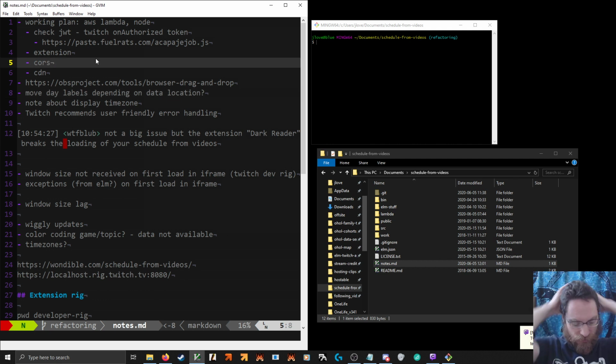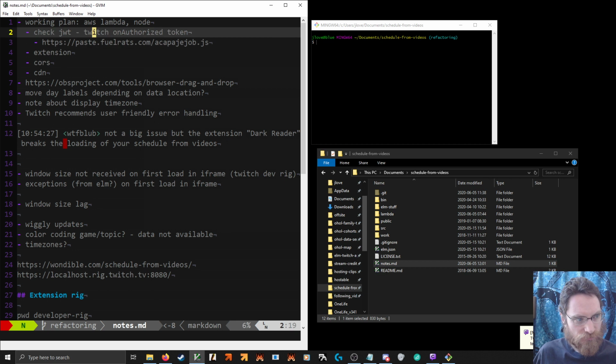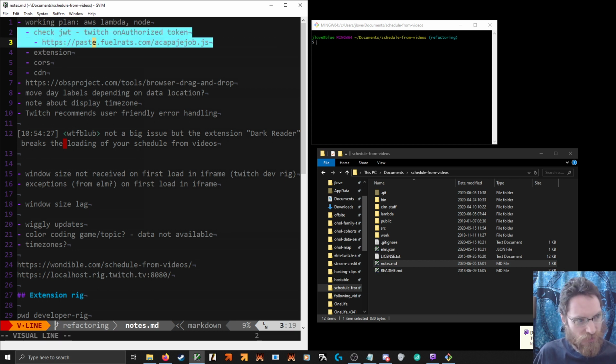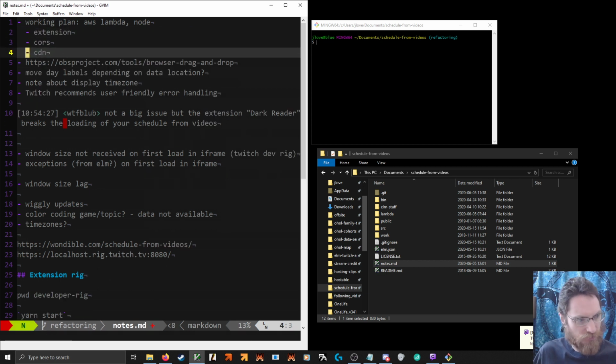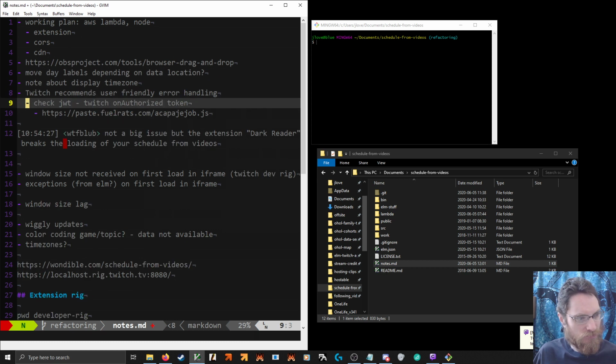So there's a couple of things to do. This is also supporting the web version. I don't really see how I can do that without having completely separate backend things.